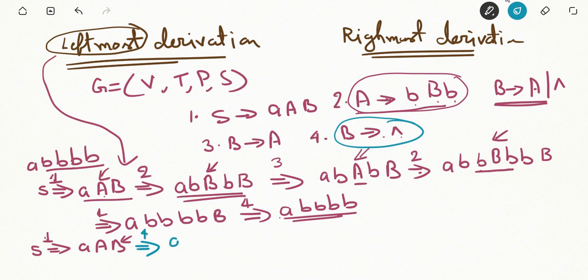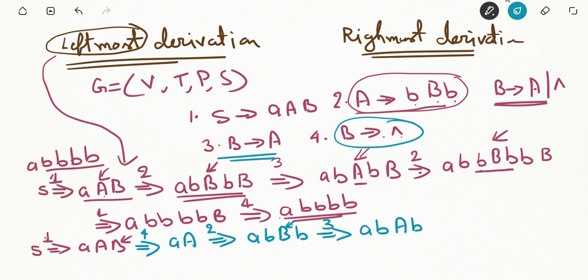So you are left with AA. Now A is the rightmost variable, so we can apply the second production rule, that is A to BBB. You are left with only one variable. So what are we going to do? We are going to use the third production rule. So ABAB.